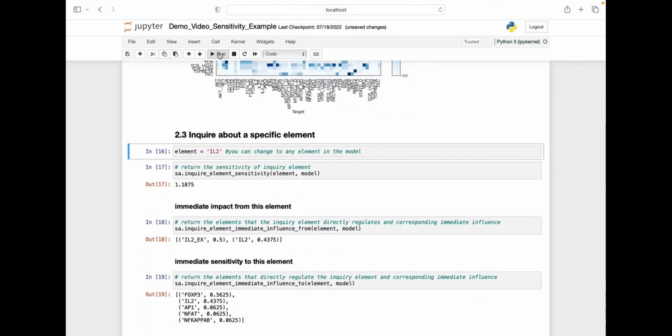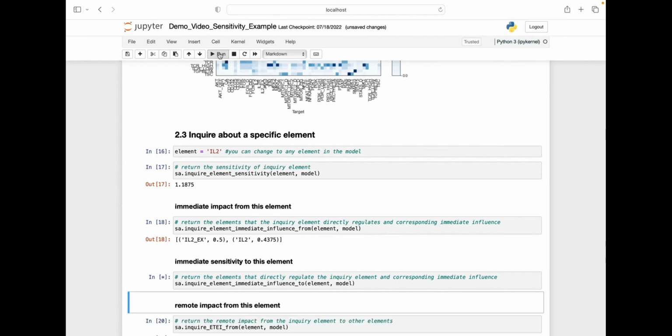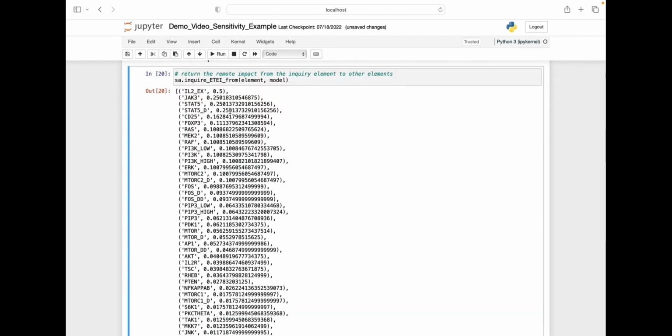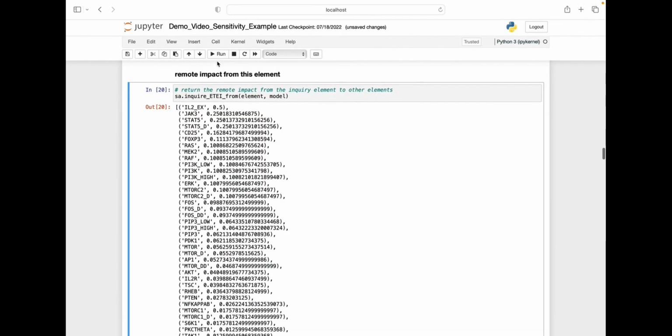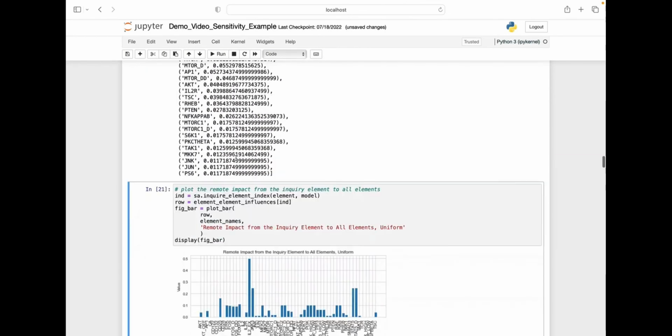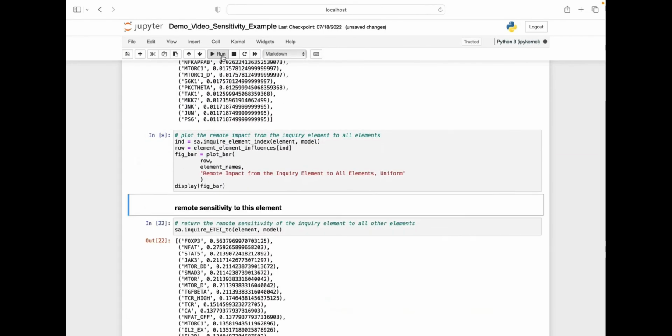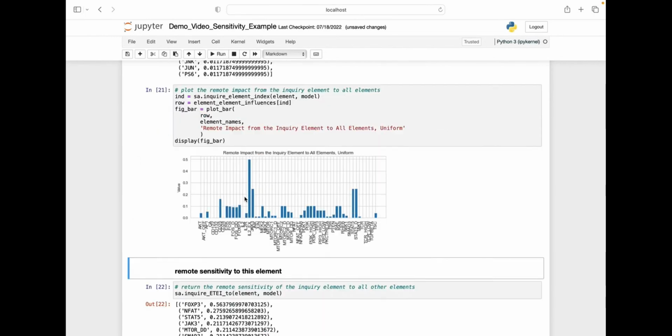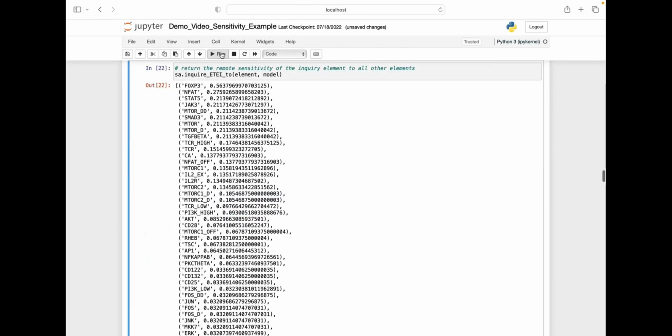Moreover, we support the feature to inquire about specific elements. For example, if you are quite interested in an element, we can show the immediate impact from this element and the immediate sensitivity to this element, or the remote impact from this element and the remote sensitivity to this element.